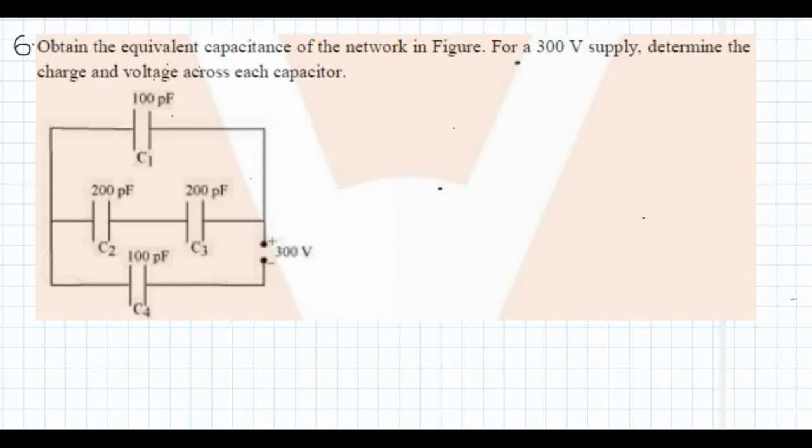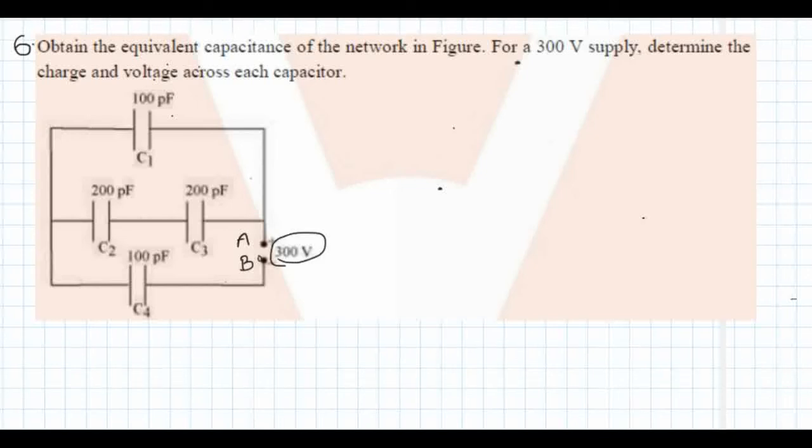So next is our last question. Obtain the equivalent capacitance of the network in the figure. For a 300 volt supply, determine the charge and voltage across each capacitor. So in this figure you can see that there are 2 points. Suppose this point is A and this is B. So between the point A and B there is a potential of 300 volts, and to this point there are